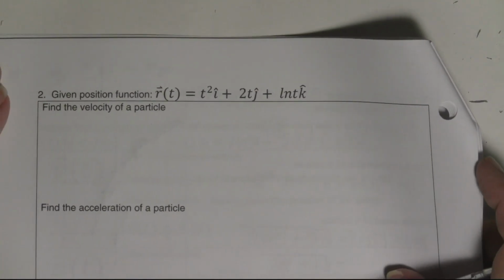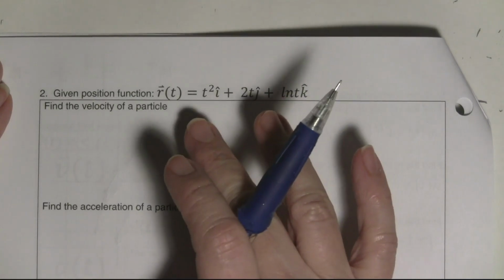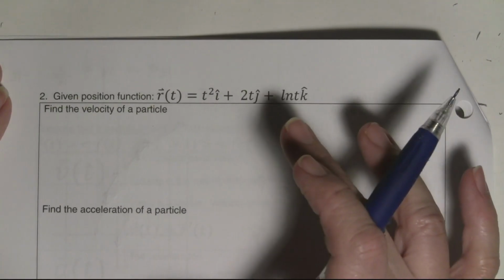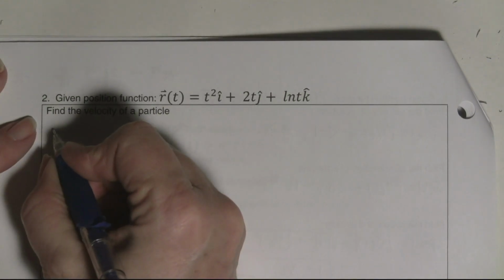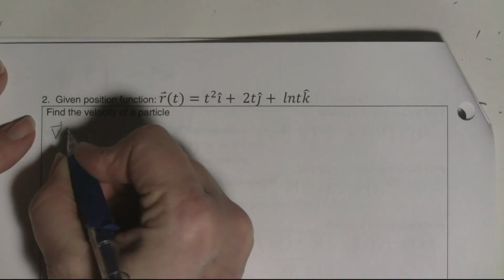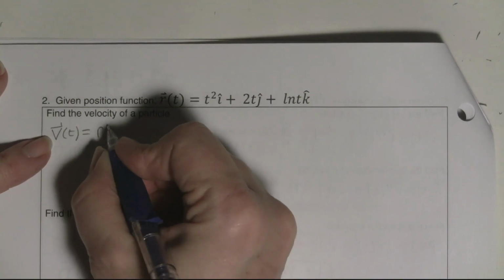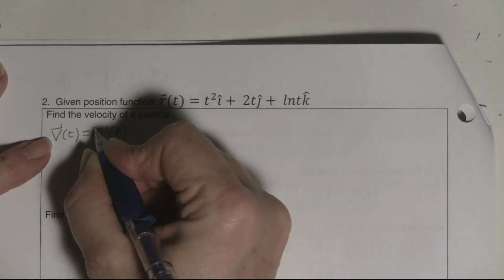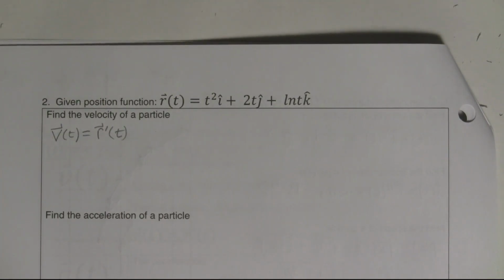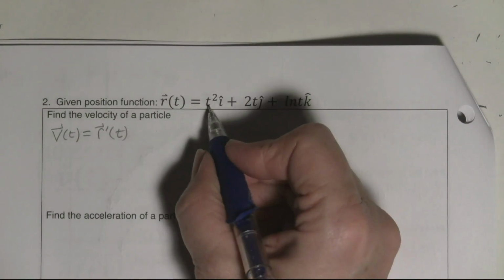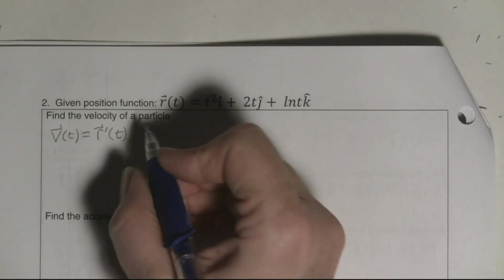And this over here is example 2. It gives us the position vector here. It asks us for the velocity of the particle. So we know the velocity of the particle is equal to the derivative of the position vector. And so the derivative here of t squared is 2t